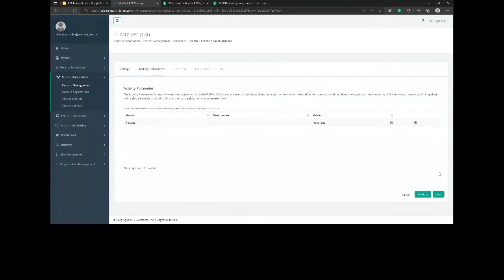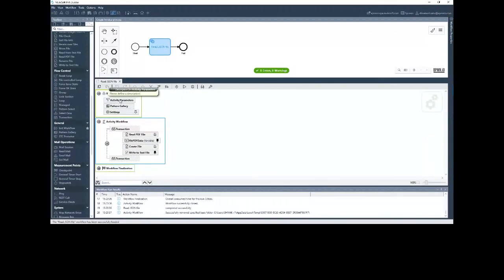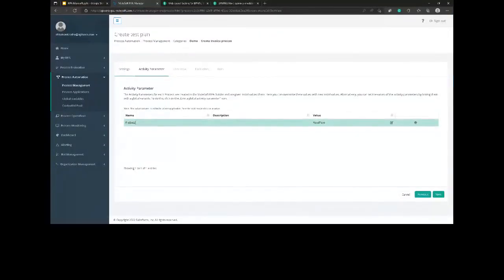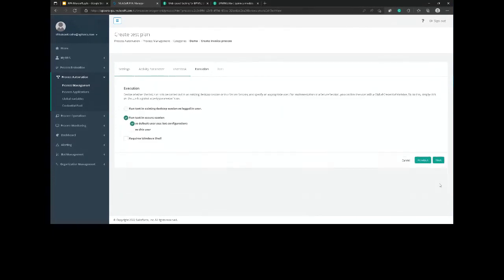If I try to say test 17, I can define my parameters here, the activity parameters which you saw. Those parameters will appear here. Then activation: send email notification to all related tasks, so you can use your email services.